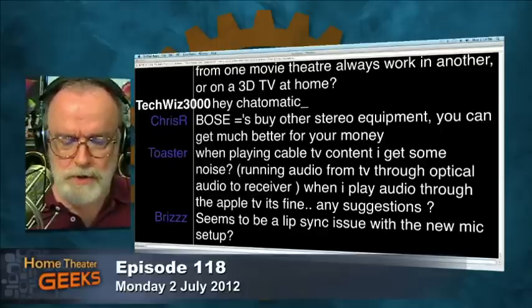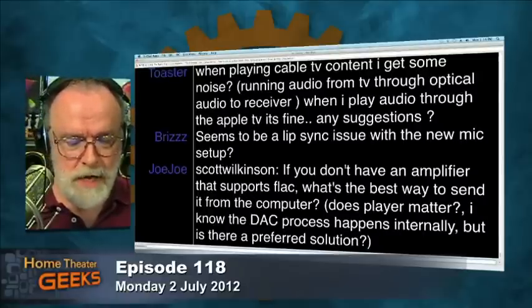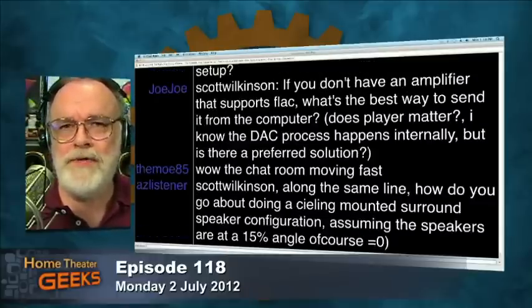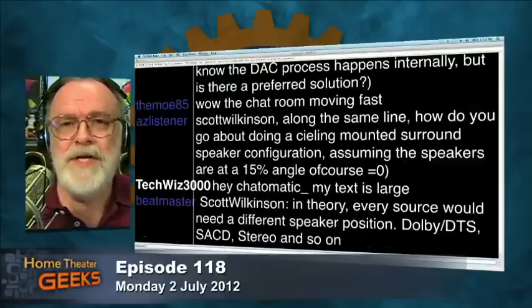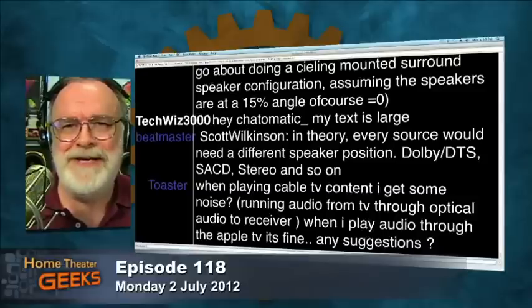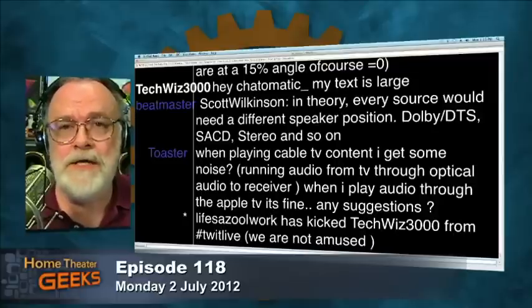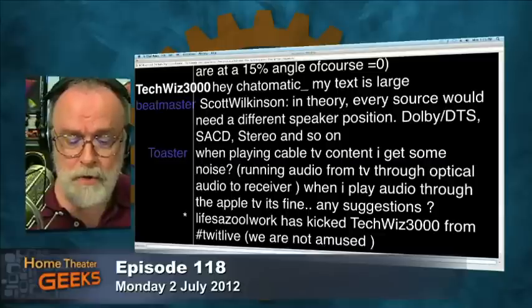Let's see. Let me just quickly go back into the chat room a little bit. Somebody asked what microphone do I use to record instruments? Mostly I use an Audio-Technica AT41, I believe. No, it's got a different number. It's been so long I can't remember. It's a condenser mic. And Bob Heil would have some argument with that because he believes in dynamic mics, which the PR40 is. And now that I have a PR40, I might very well try it on recording instruments. So that should be very interesting